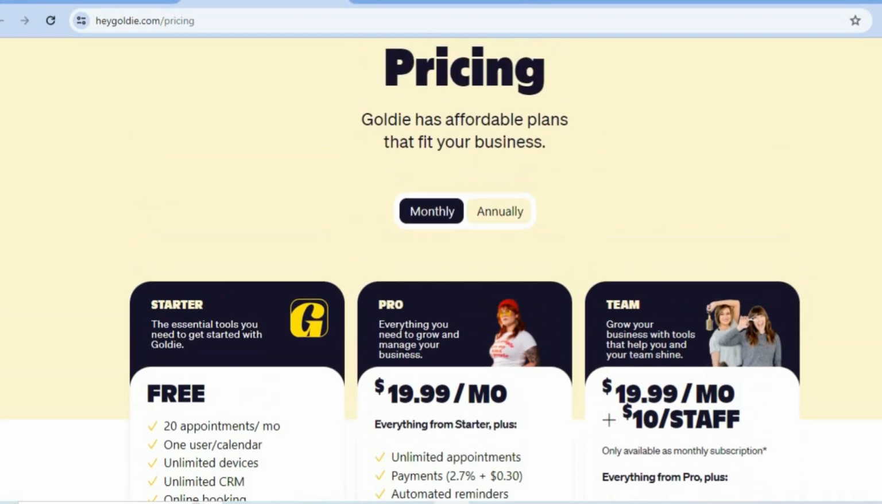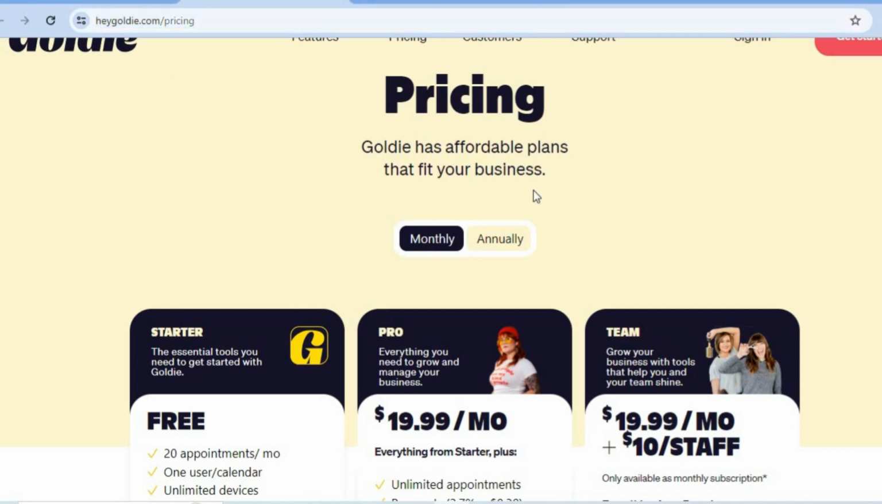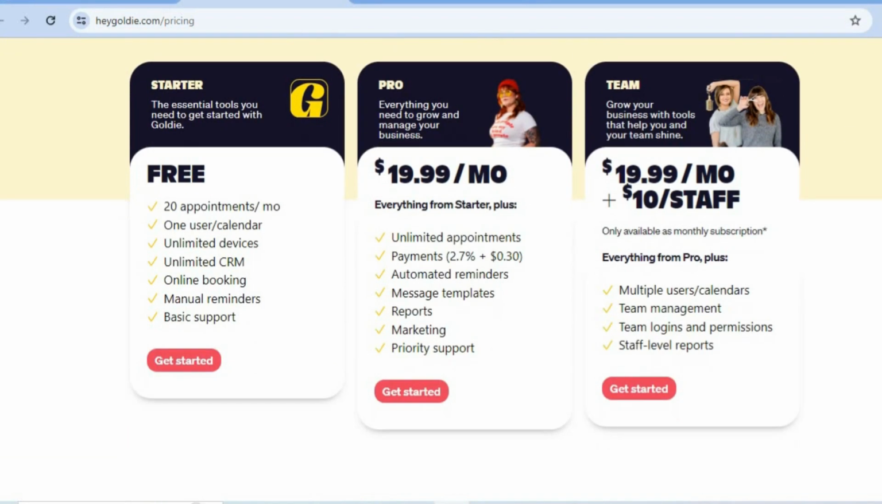So all you'll need to do is go onto heygoldie.com. Once on heygoldie.com, as you can see right here, you'll be able to accept 20 appointments per month for free. You'll also be able to download and use the HeyGoldie app on unlimited devices. And as stated earlier, you'll be able to accept online booking, but on the free plan, you'll only be able